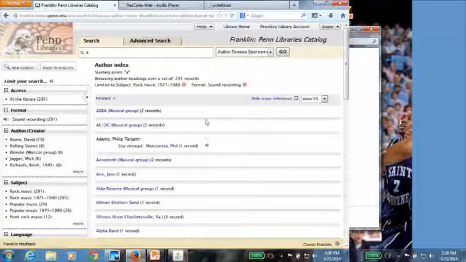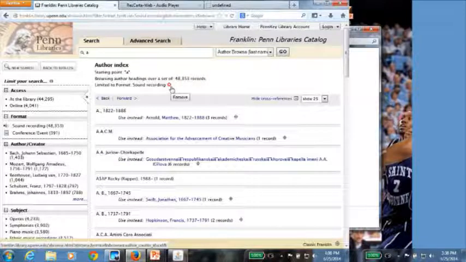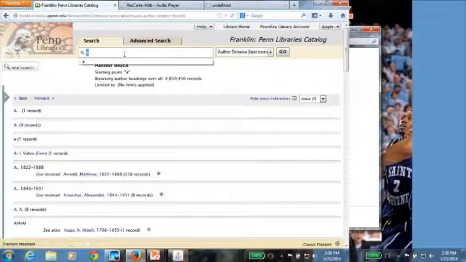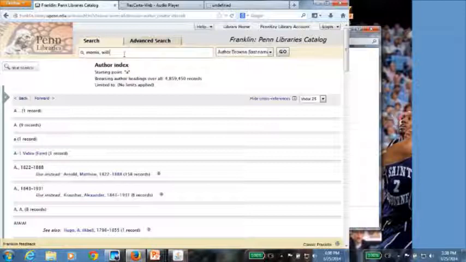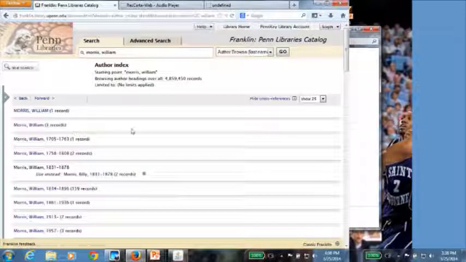So just a quick example that might be more relevant to scholars would be something like taking a name that is associated with other names and seeing authors associated with that name.